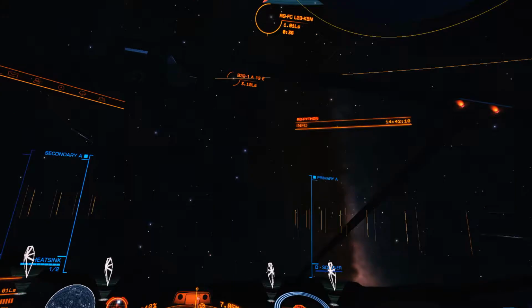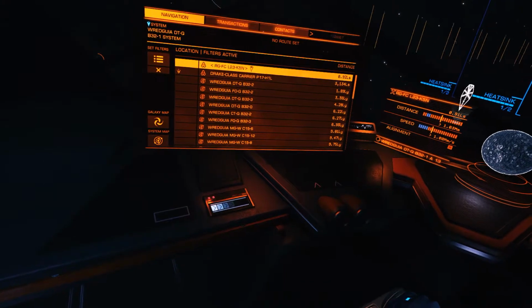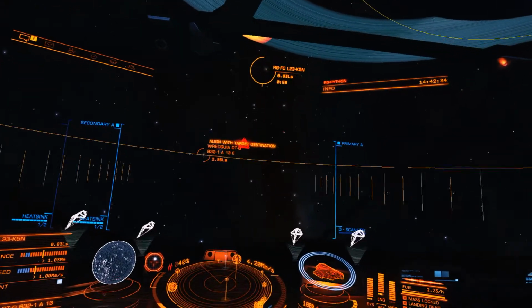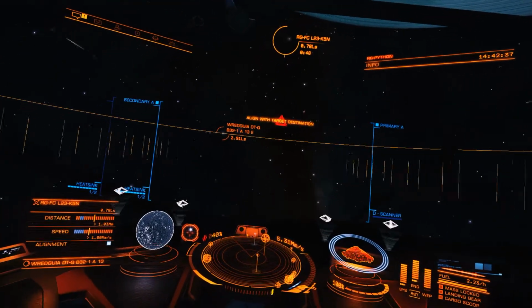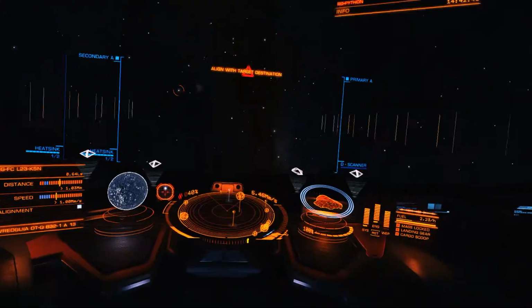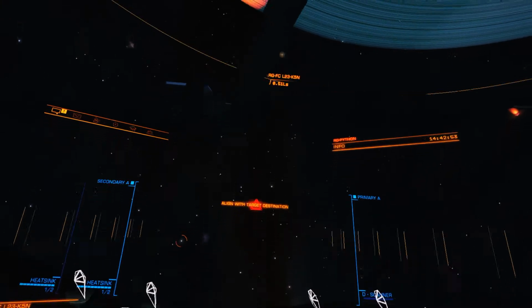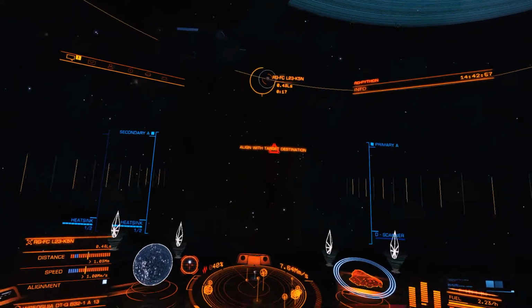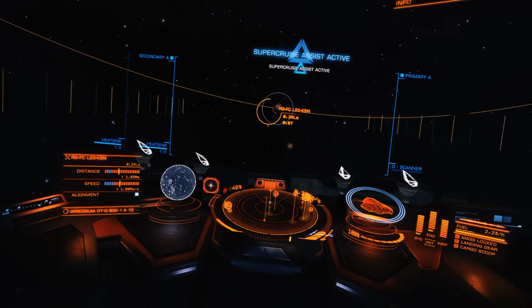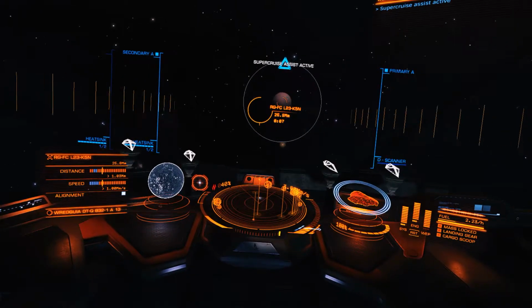Slow down. Left. Sis left. Don't like getting too close to the ring, so we'll turn up after we get past the rings. But to have your own personal station this close, probably just going to transfer one limpet into storage and then check that